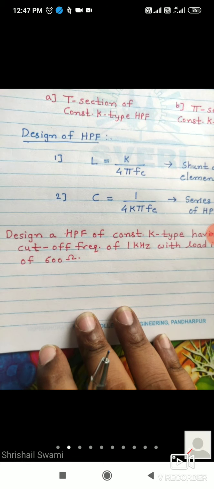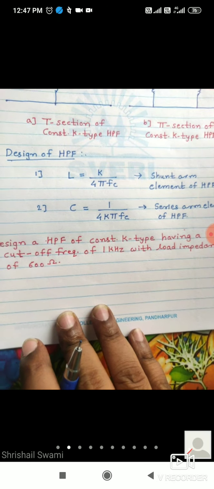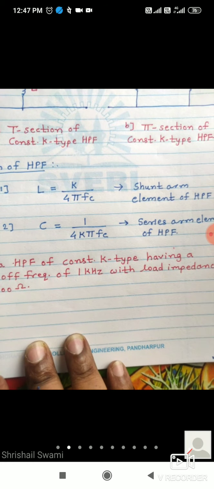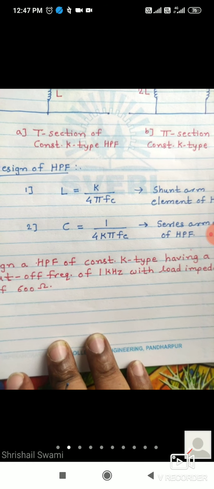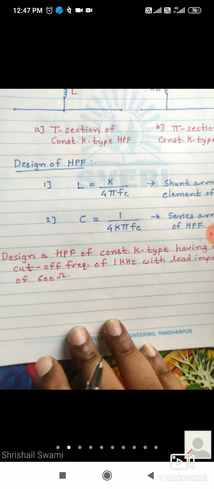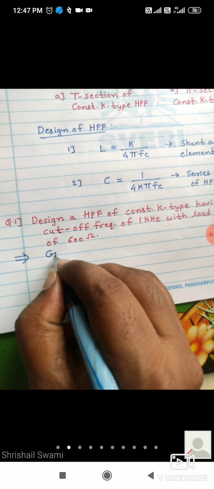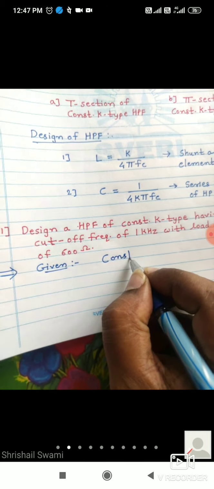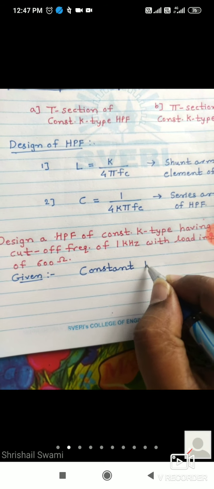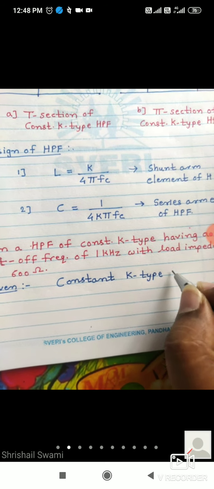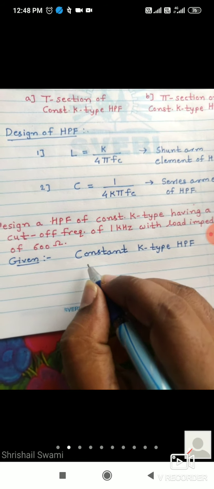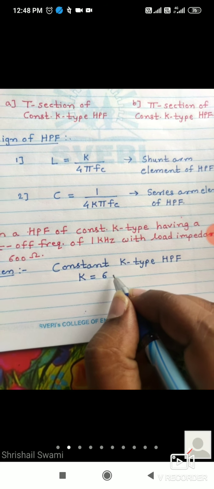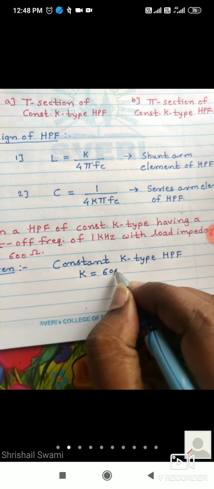So question carefully you can read. This will ask for 4 marks, already asked in the university question paper. Design a high pass filter of constant K type having a cutoff frequency of 1 kilohertz with load impedance of 600. So what are the given things you can note down, and which filter you are going to design: that is constant K type high pass filter, HPF. Next, the given thing K value is given, that is the design impedance, nominal impedance, load impedance, characteristics impedance, all are the same,